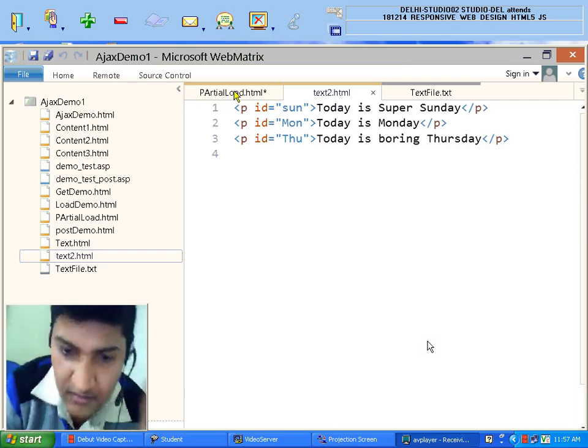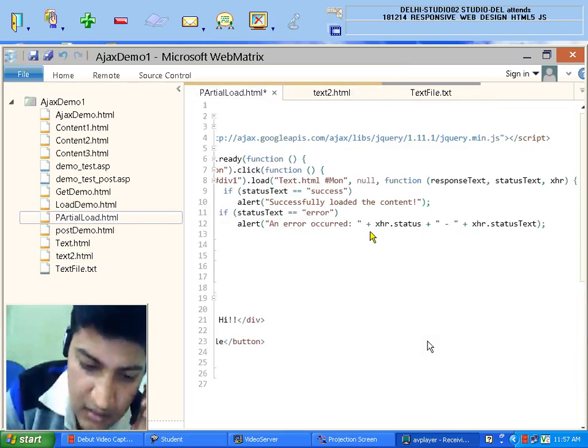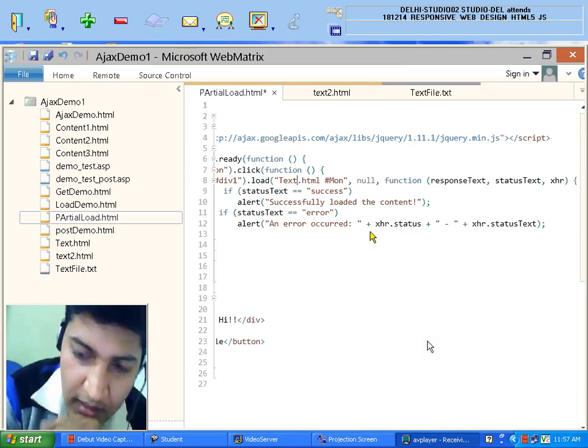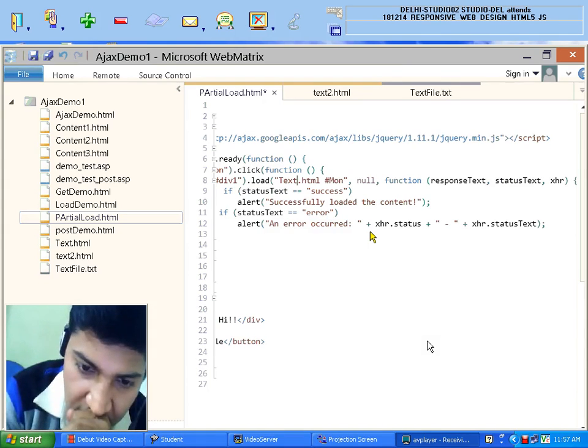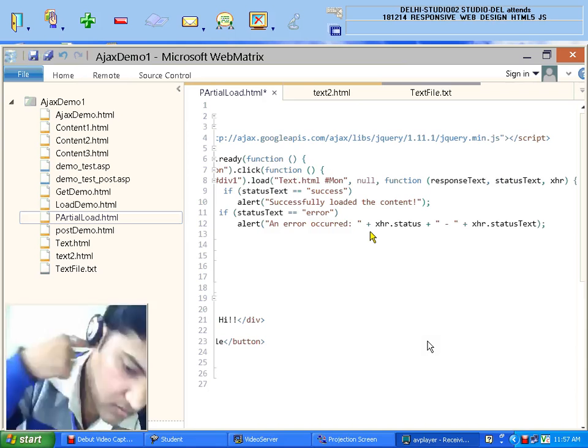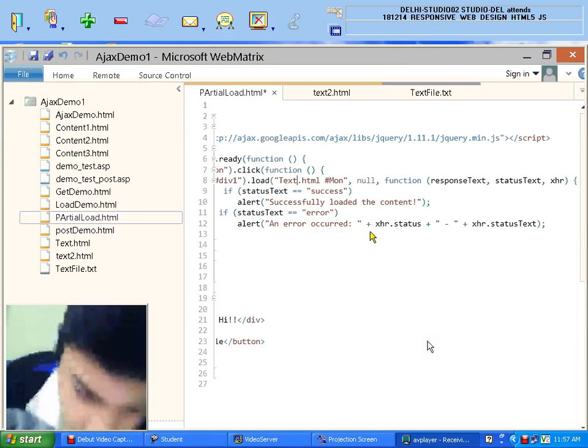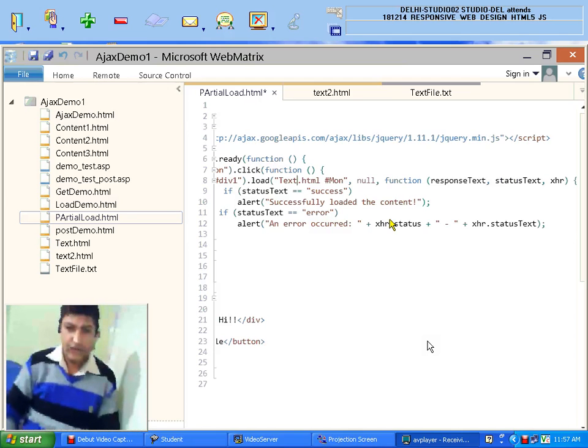Error is occurred. If there is an error, the function will break out, because from the back end I will not get anything. Okay, fine. The load method will do its process, but the thing is I am not getting anything from the back side. Okay, fine, got it, sir. Thanks.